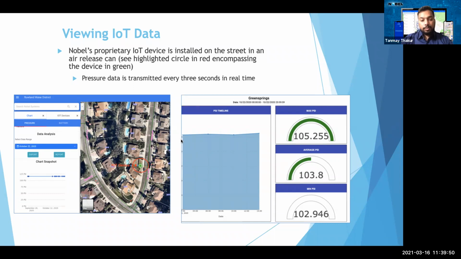And we have clients who used to know about a pipeline leak for a pipeline underground in about 3 to 4 days.